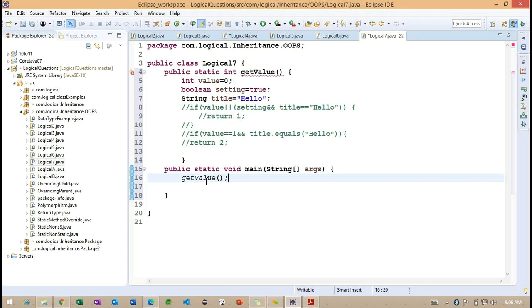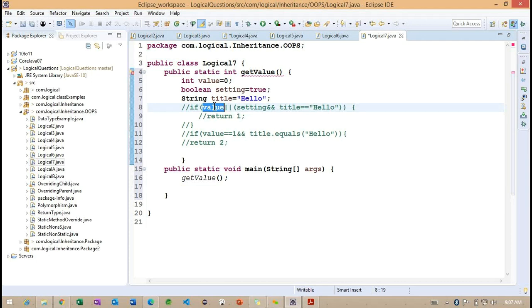So basically you need to understand that both expressions need to return a Boolean value. Even though we are working with the OR condition, both expressions have to be Boolean conditions. But if you observe, the value here has the data type integer.